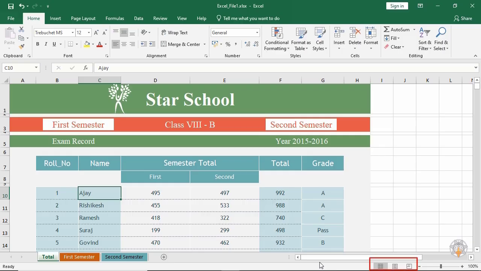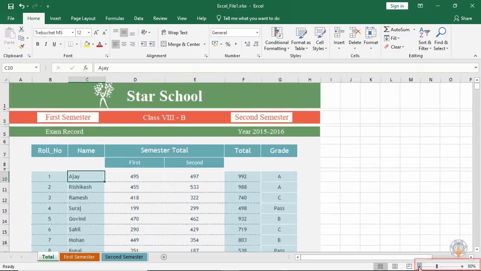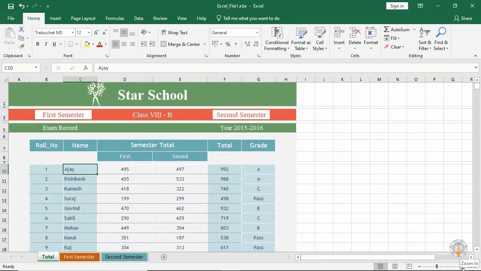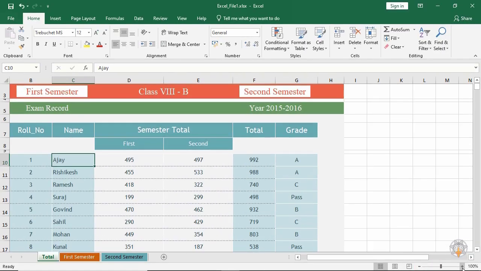The view buttons enable you to change the display mode of the document and specify page breaks. The zoom buttons are used to make your worksheets appear larger or smaller. You may click the minus and plus icons or drag the slider to the required level. This enables you to view the exact amount of data you wish.